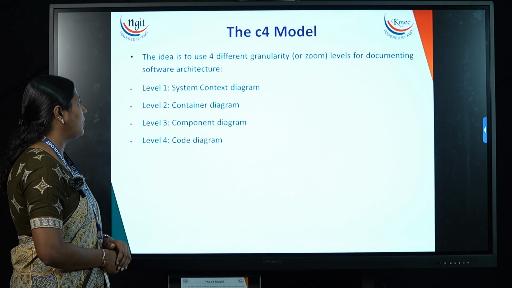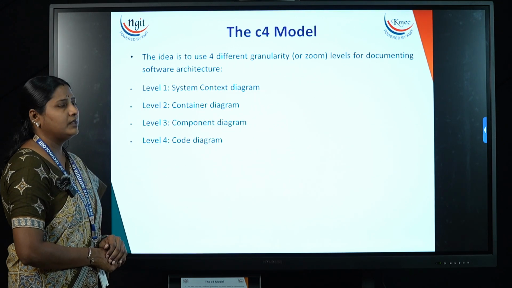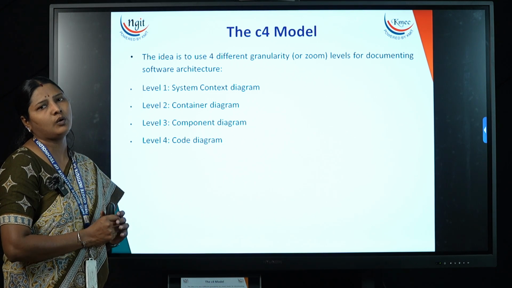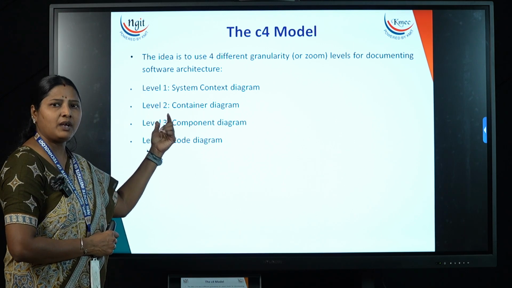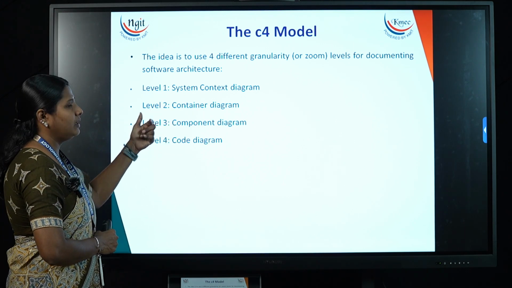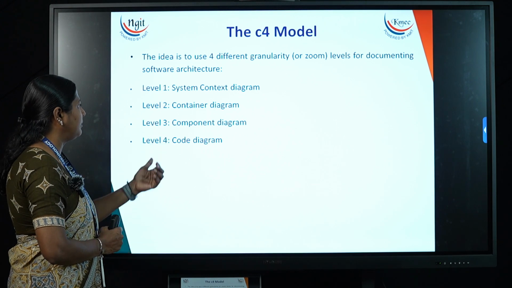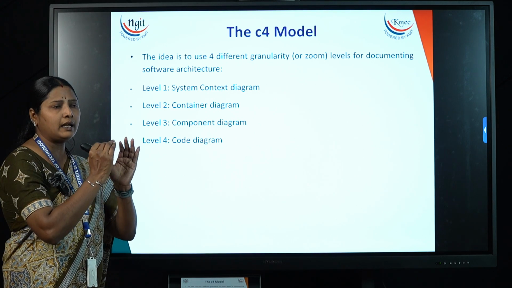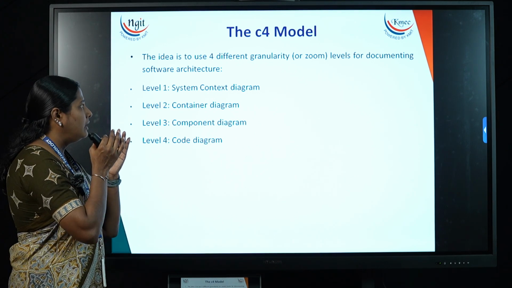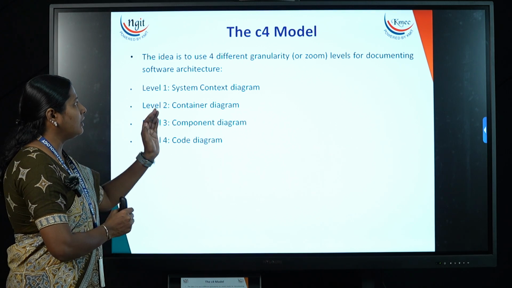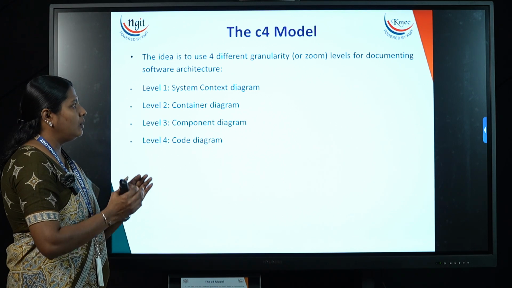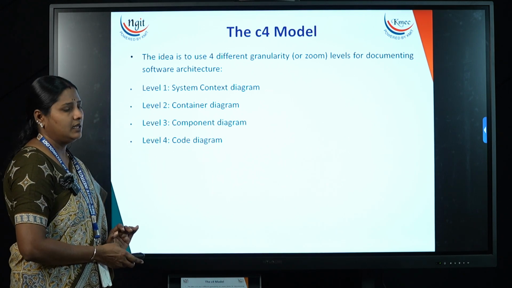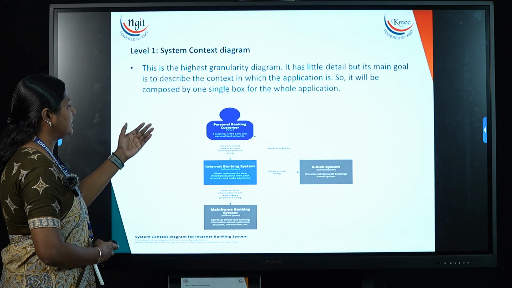Coming to the next one, the C4 model. This is also one of the examples which is going to zoom in and look exactly into each and every component of the overall architecture diagram. As in the previous one we had seen, in the diagram we can have something like a system context diagram, container diagram, component diagram, code diagram. In the UML diagrams, each and every diagram will be focused on a specific context. So here also these C4 models will be looking into each and every level of the document, and they'll go for designing the models. Coming to the first one, system context diagram.